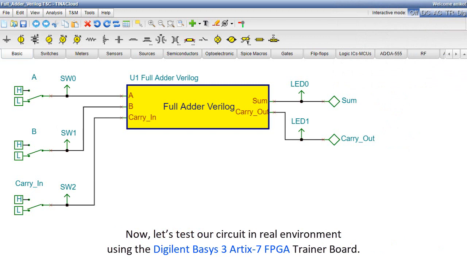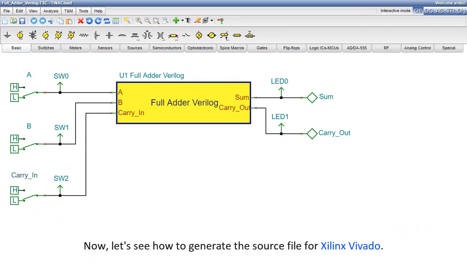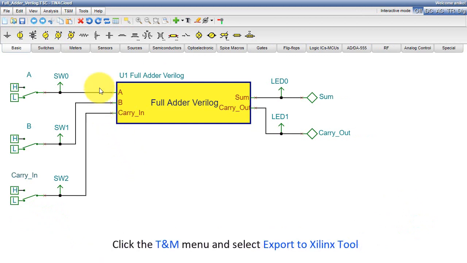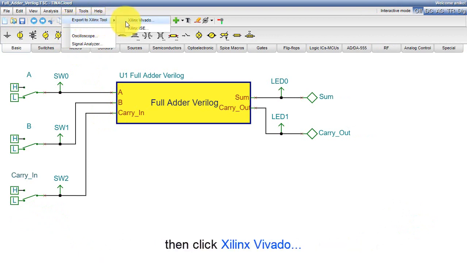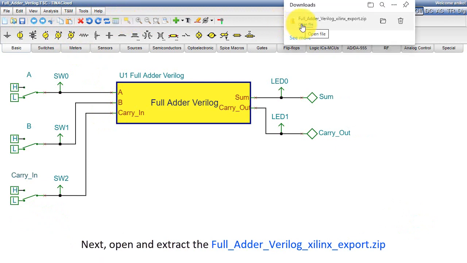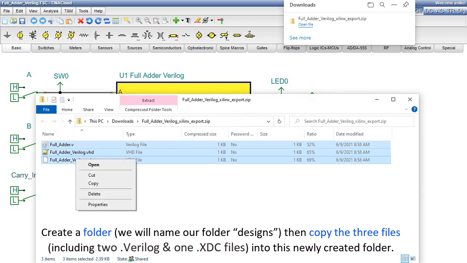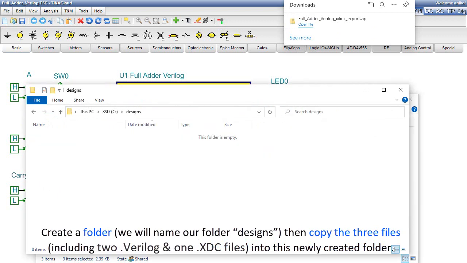Now let's test our circuit in a real environment using the Xilinx Basys 3 Artix 7 FPGA trainer board. Note, as can be seen, this circuit is already prepared for the FPGA tool export. Now let's see how to generate the source file for Xilinx Vivado. Click the TINA menu and select Export to Xilinx tool. Then click Xilinx Vivado. Next, open and extract the full adder Verilog Xilinx export.zip. Create a folder, we'll name our folder Designs, then copy the three files, including the .v and .xdc files, into this